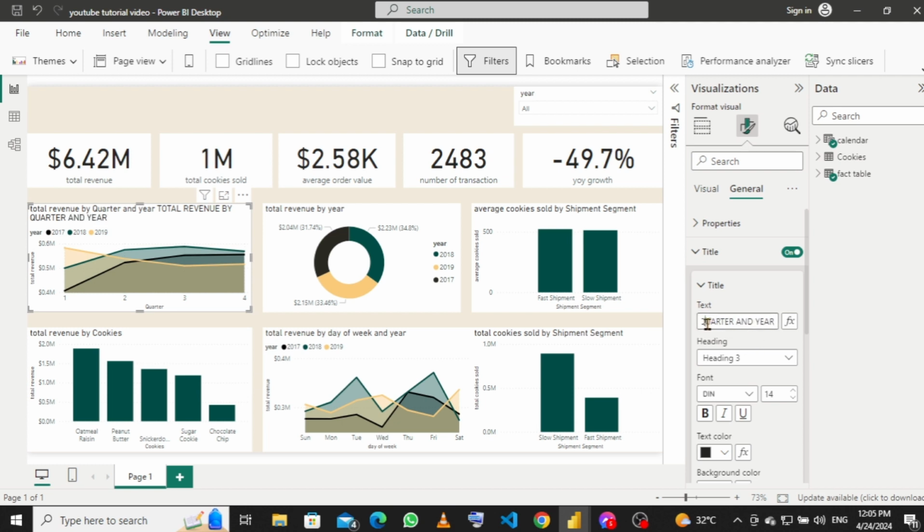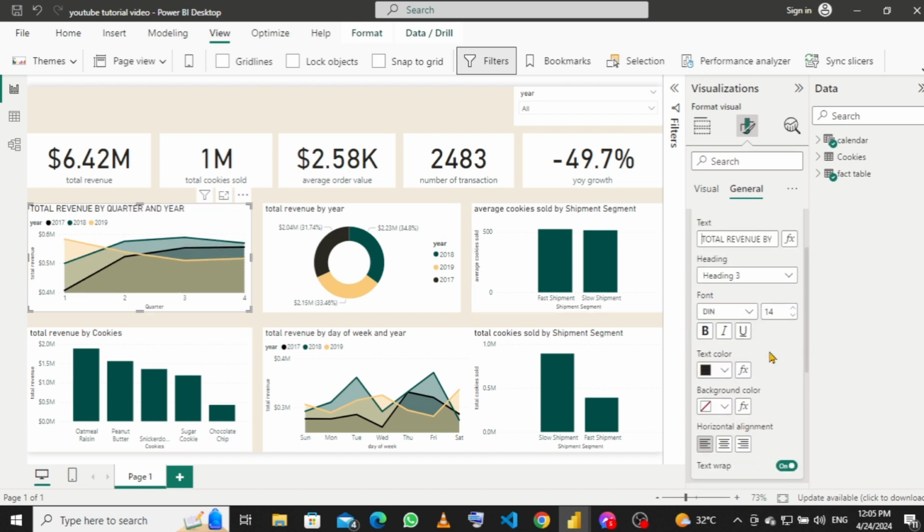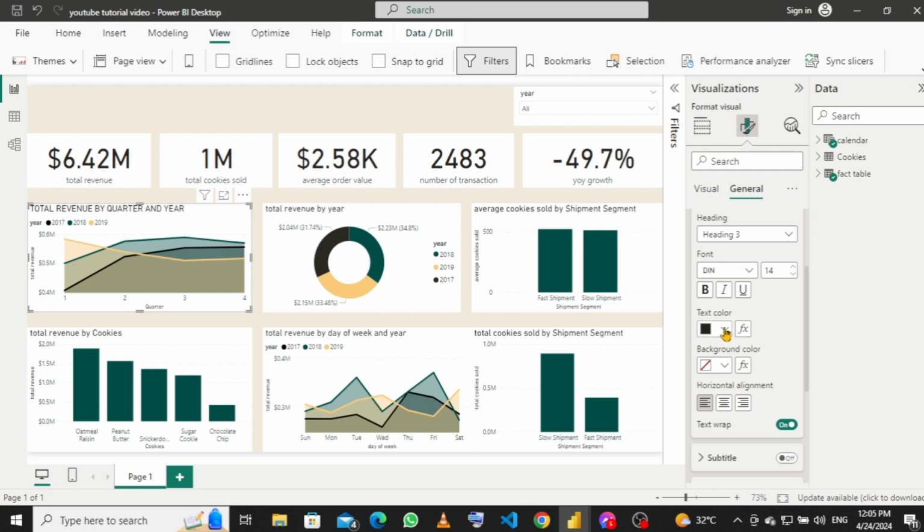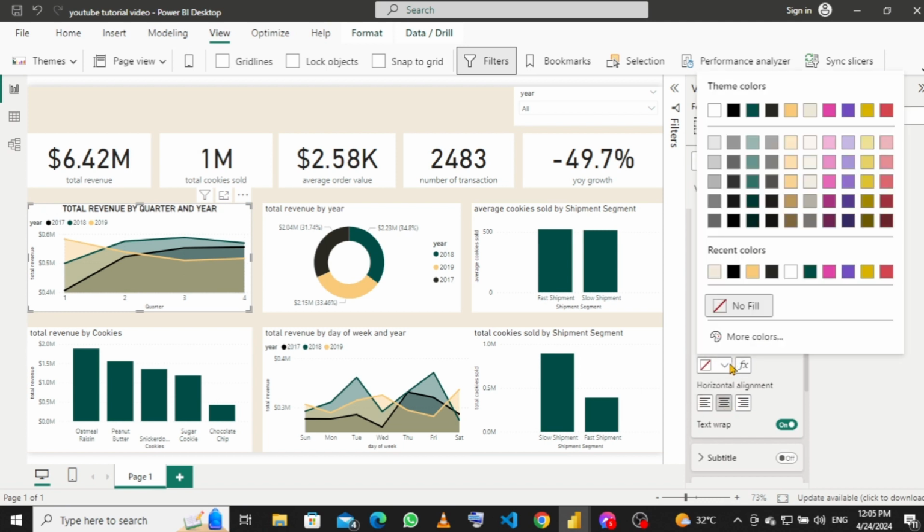So we'll come back here, I will select this and delete. So we then leave the text as black, we'll make it bold, we'll make this center, the background color, we'll make it this